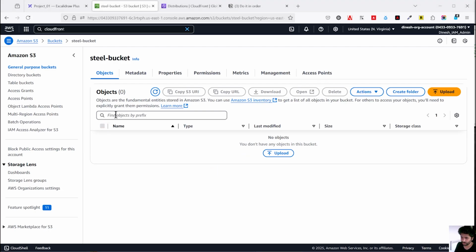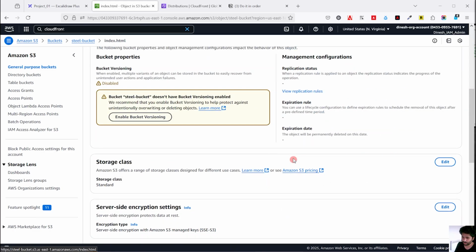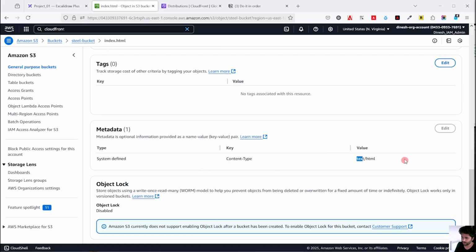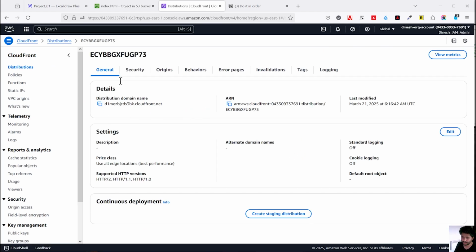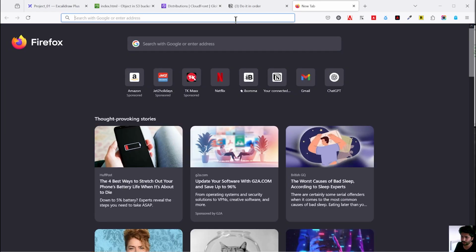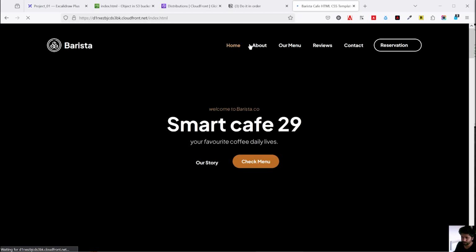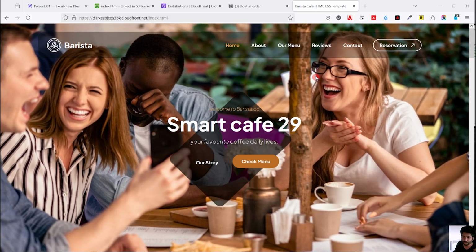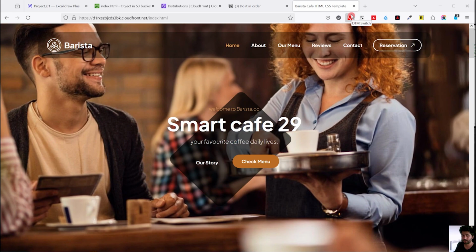Now if you go here, just refresh. Now if you see the index.html format, see, this is what is expected from the CloudFront. Now if you go to the CloudFront distribution, it will take some time to show up. Okay, what we will do, we'll just go check here. See, now it read the files properly. This is the reason you need to upload the files with the correct format if you are using the CloudFront